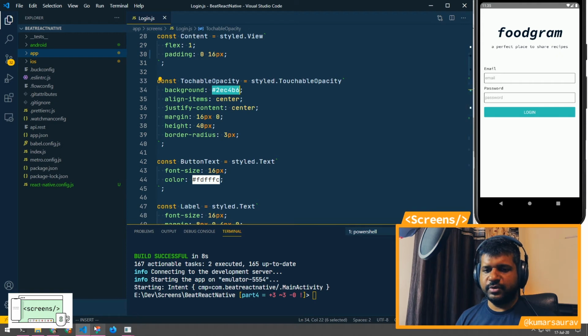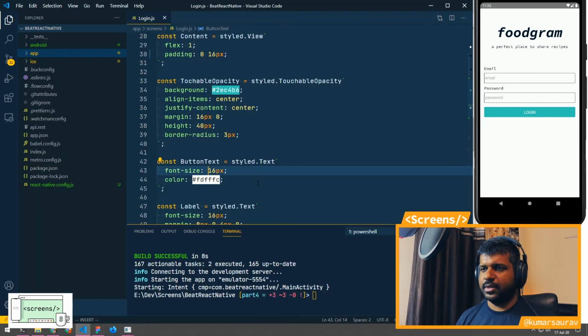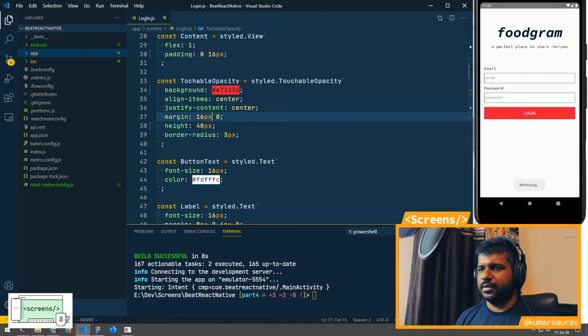Now let's go ahead and change the color for the button here. We'll change the button's background color to this. Okay, cool. The height is 48, and we need to change the border radius to 24. This will make the border rounded.